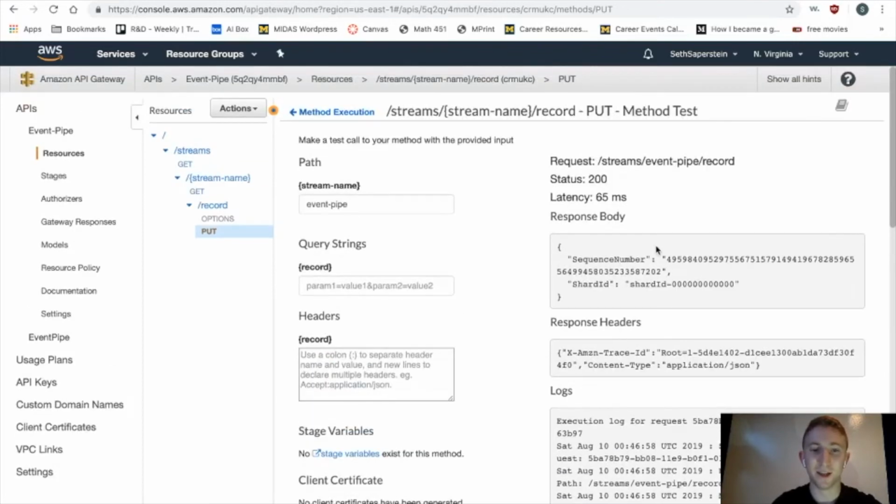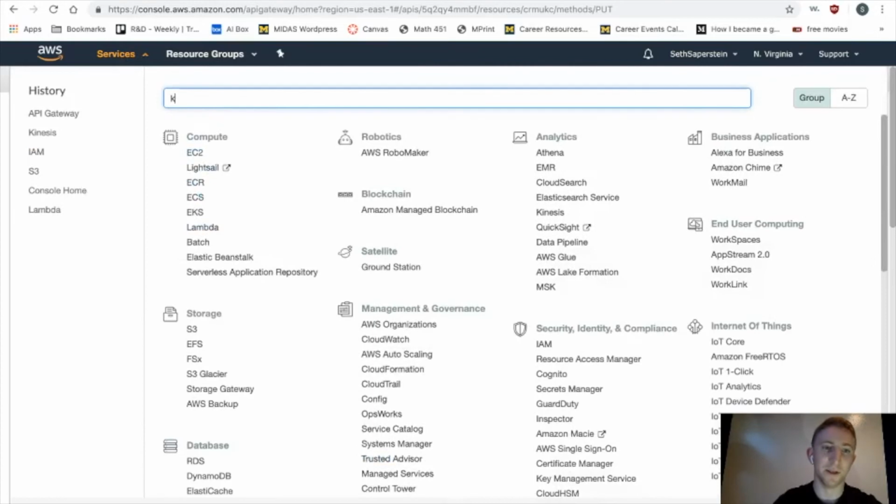Now we need Kinesis to write to S3, but a Kinesis stream cannot do that directly. So the Kinesis stream is going to send that over to Kinesis Firehose, and Kinesis Firehose is then going to be used to write to S3. So that being said, we're going to need to create a delivery stream in Kinesis Firehose. So let's go over to services, type in Kinesis,